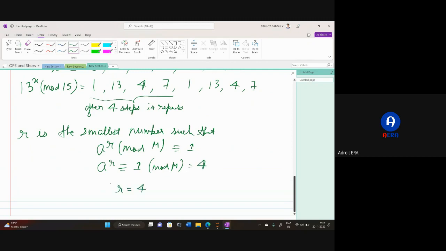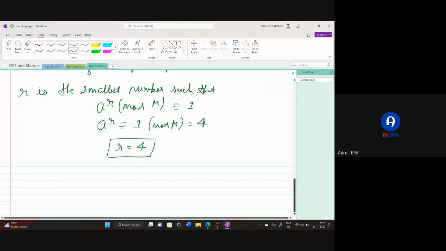So r is basically what? r is basically the period or the order after which this sequence repeats: 13 to the power x mod 15, right? We have seen that it repeats after 4 steps. Therefore r is equal to 4. Therefore we found out r. So now